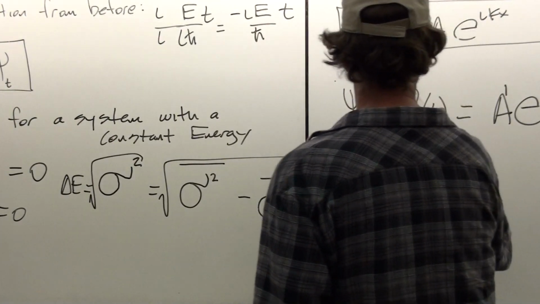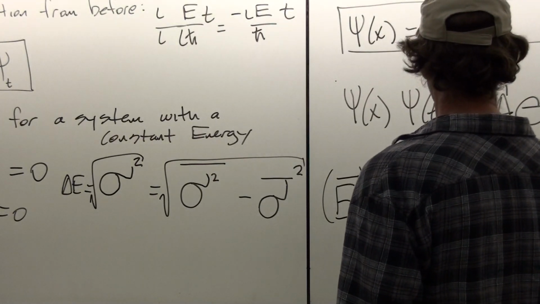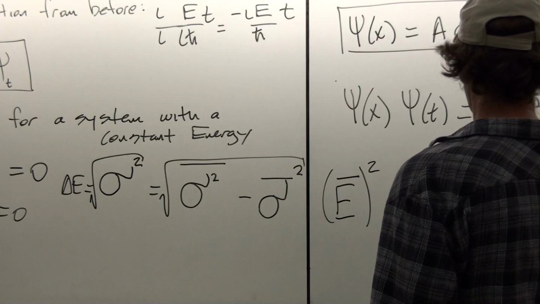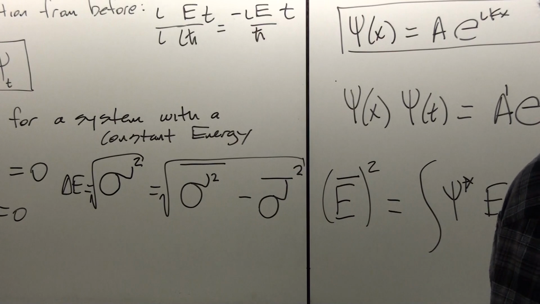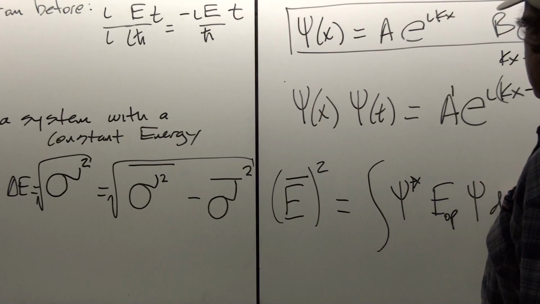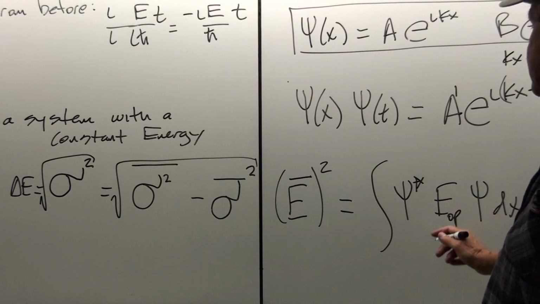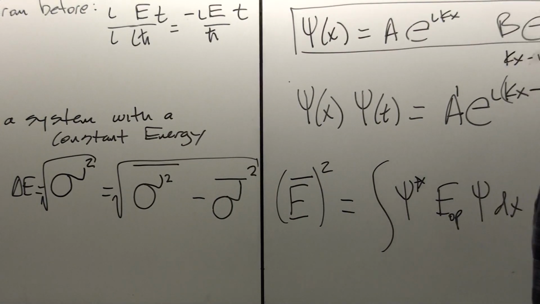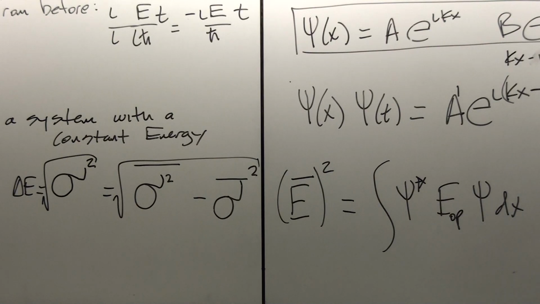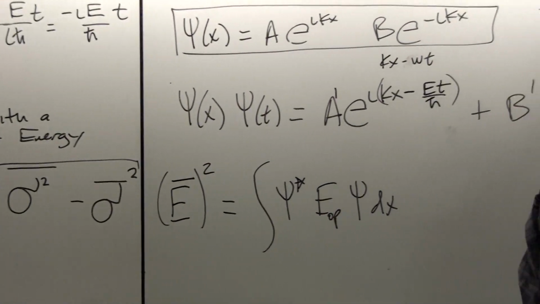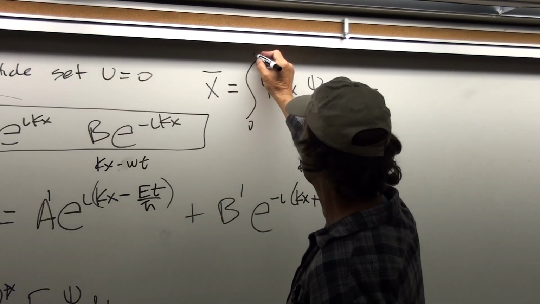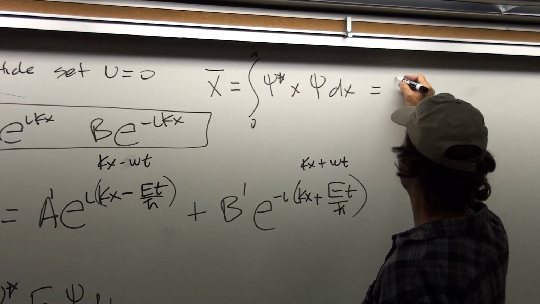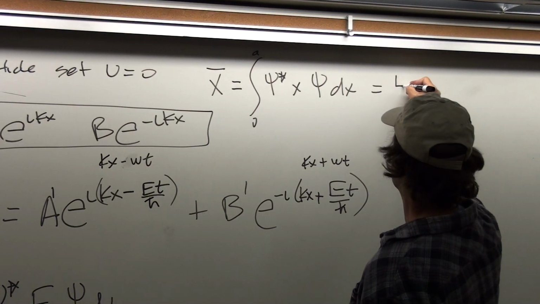Now, how do we write E average? Well, we can write that as the integral of psi star times E op times psi dx. This is the way that we calculate the average value for a function. Remember, we did this for x bar too. We said that x bar, the average position for a particle in a box, would be the integral of psi star times x times psi dx. And when we did this integral from 0 to a before, we got that it was equal to the